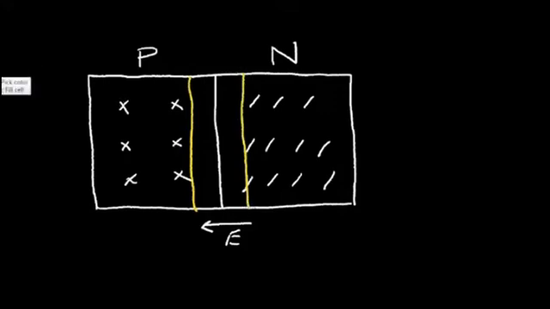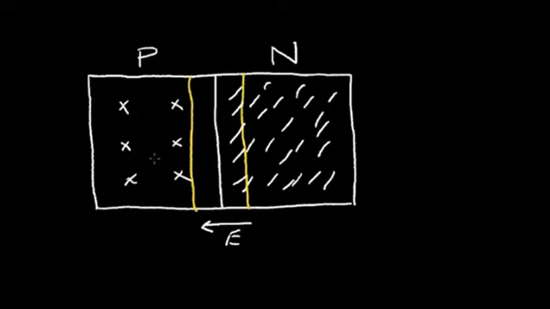Now I want to ask, what happens if we have a difference in concentration between these N and P regions? Let's say, for example, we have a high concentration of dopant for the N region. So we have a large surplus of electrons. But in the P region, we have a very low concentration of impurities. Well, what's going to happen is these electrons have to migrate further into the P material to recombine with the hole. So these electrons will maybe have to wander way over here